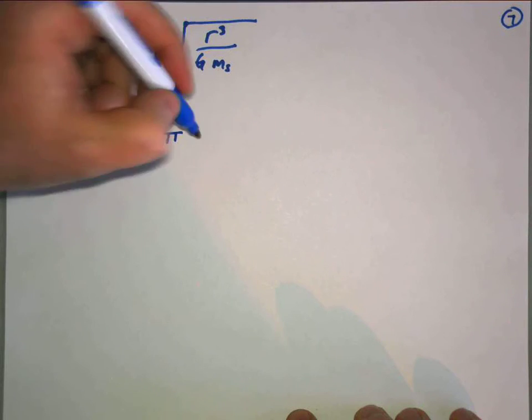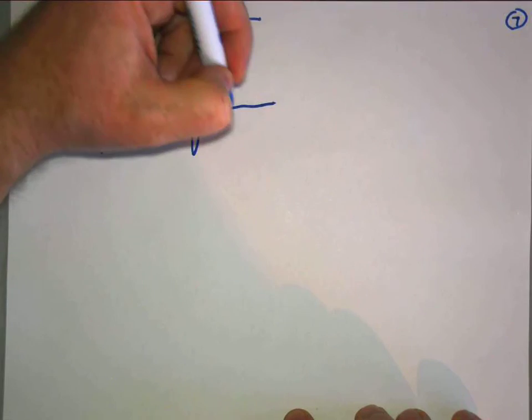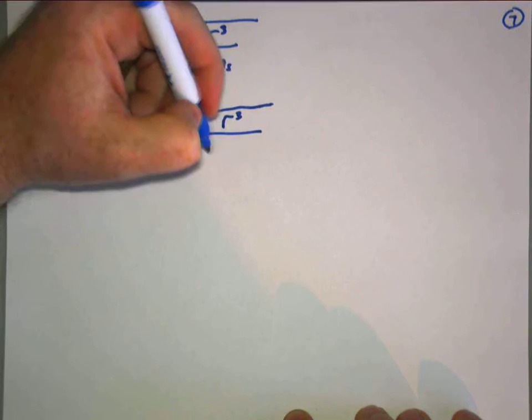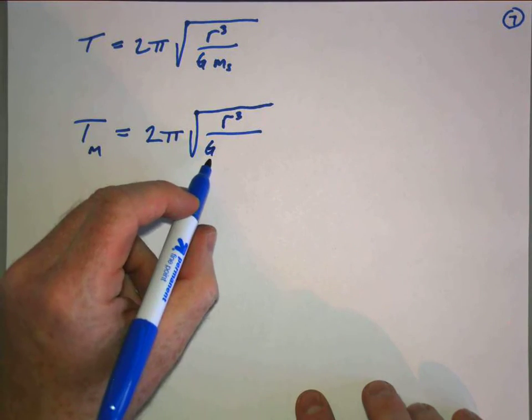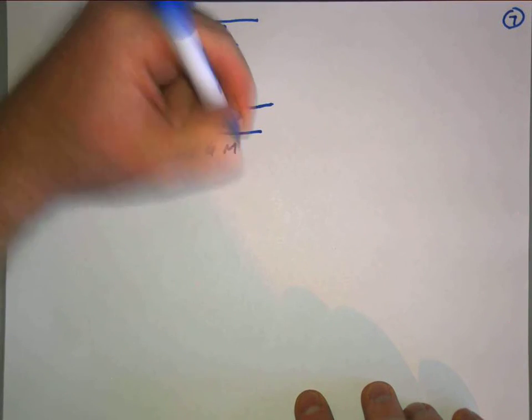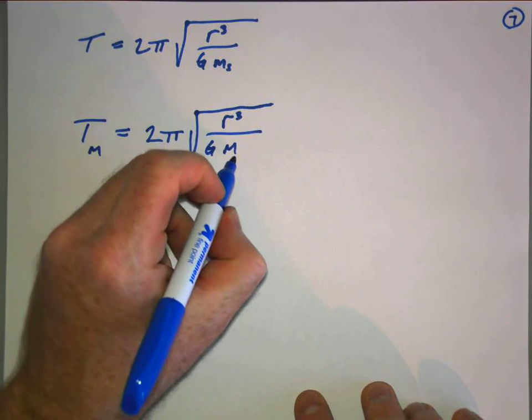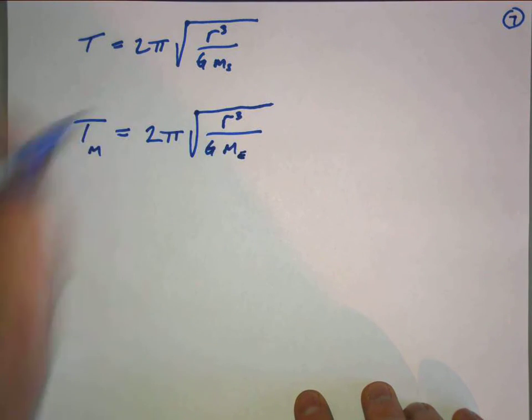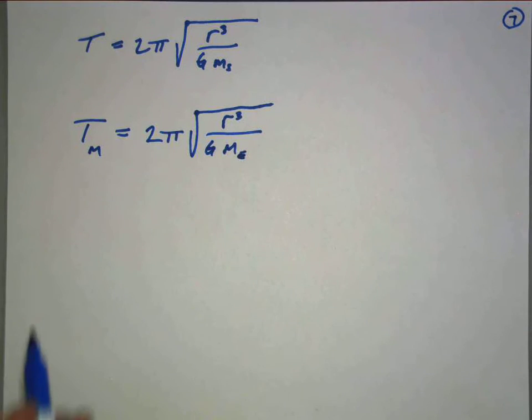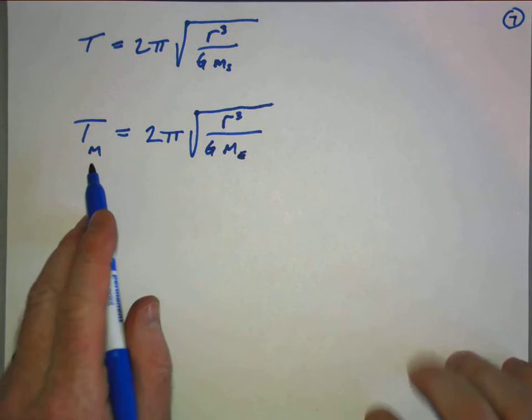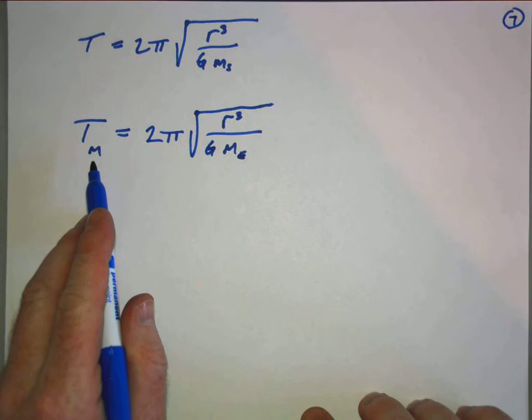Same equation if we just change one little thing. Same exact relationship, still using g, the gravitational constant. But now, if it's the moon orbiting the Earth, right here we have to take the mass of the Earth. That's it. That's the only thing we change, and this equation will allow us to calculate the period of orbit of the